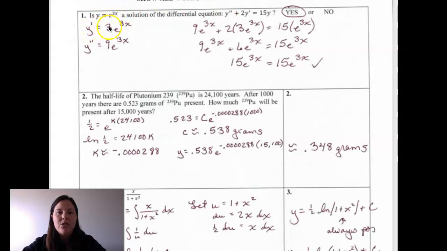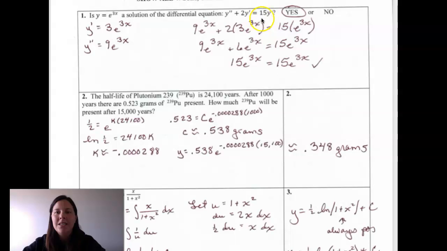First derivative, we've got chain rule. Derivative of e to the 3x is e to the 3x, and then we multiply by the derivative of the exponent. And then same thing for that second derivative. So I took this 3, chain rule, multiplied it by this 3 to get 9, and then the derivative of e is e. Summing those in, second derivative was 9e to the 3x plus 2 times that first derivative of